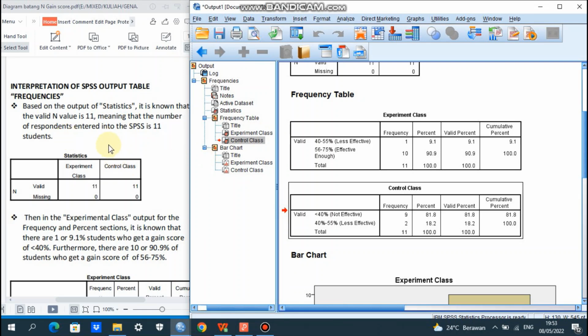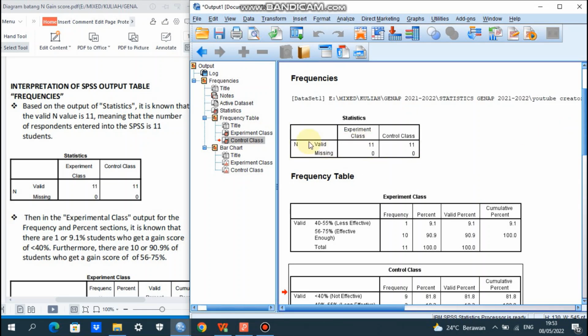So as I have already told you earlier, in the statistics here, the experiment class, the participants 11, the control class, the participants also 11. The missing 0, because all of the 11 participants, we have already made the input for their scores, and there is no empty score for them.